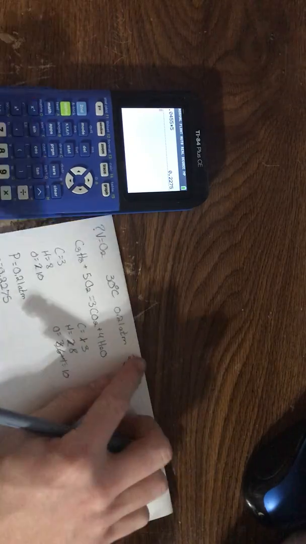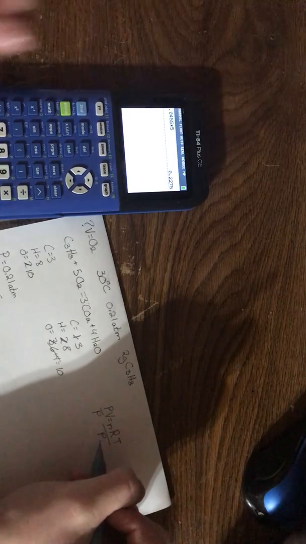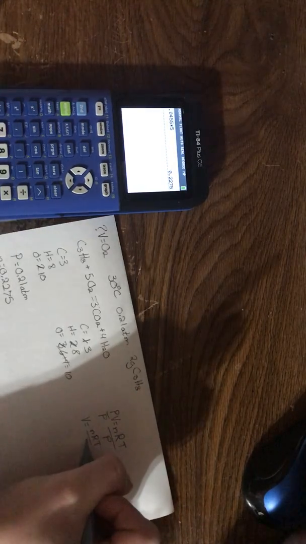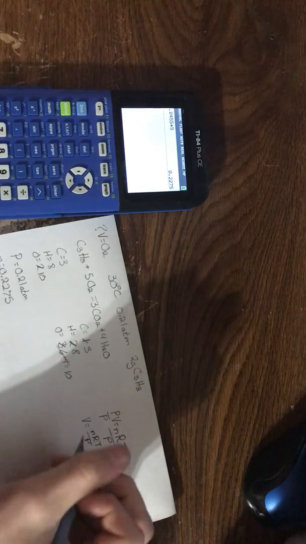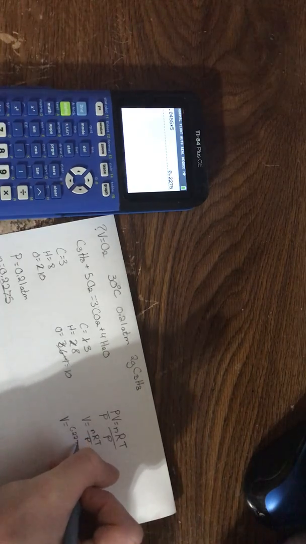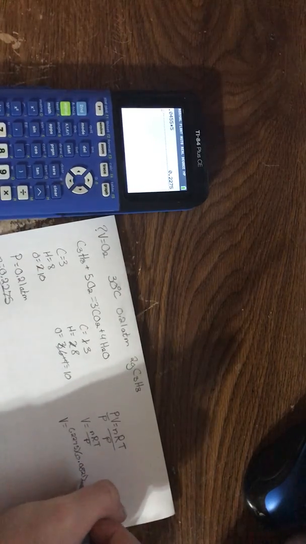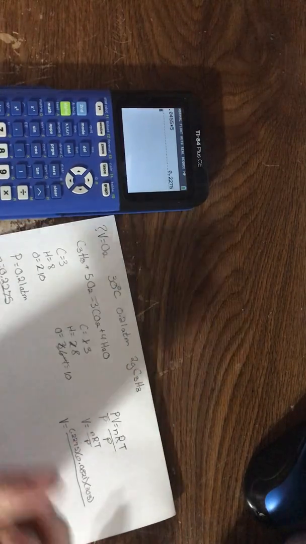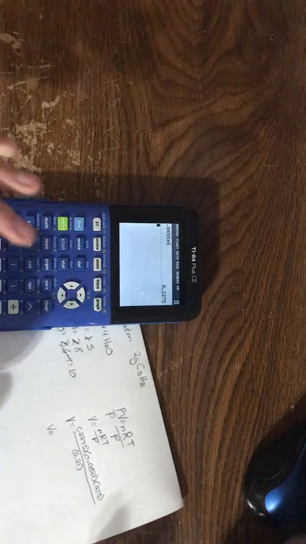So now before we start plugging numbers in, let's rearrange our equation to solve for V. So all you do is divide by P, and you will get V is equal to nRT over P. V is equal to number of moles, 0.2275, times the constant, 0.0821, times the temperature, which is 303, divided by the pressure, which is 0.21. Type all that in your calculator,